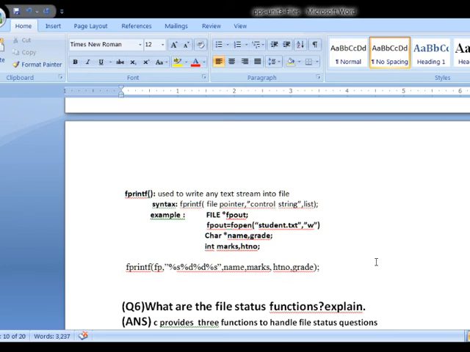So these are the 4 file IO functions used to read the data from the file and as well as to write the data into a file. Once again I explain, to read the data using input functions or read statements.